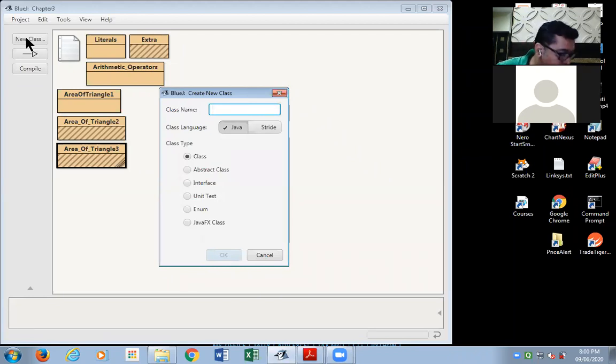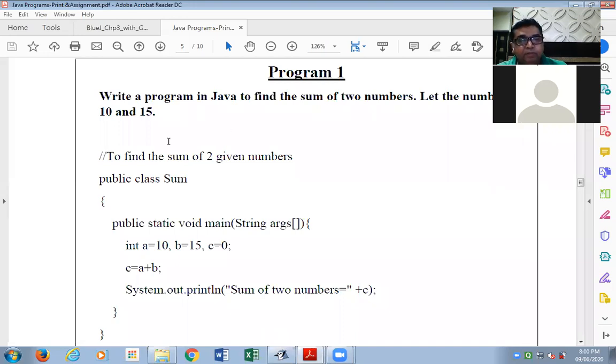I'm not doing that program. I'm moving on to program number 2. I repeat, program number 1 is a very simple program to find the sum of two numbers, 10 and 15. I'm sure you're going to be able to understand it and do it.